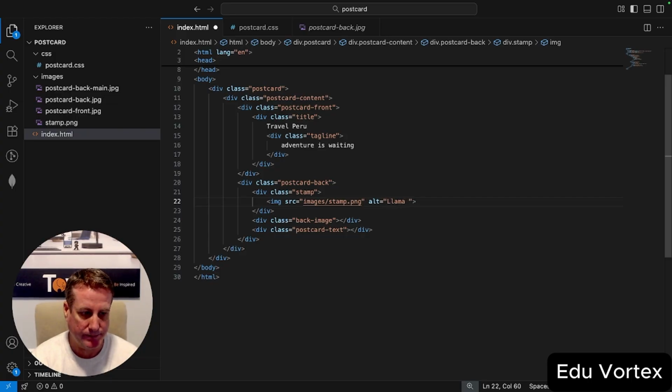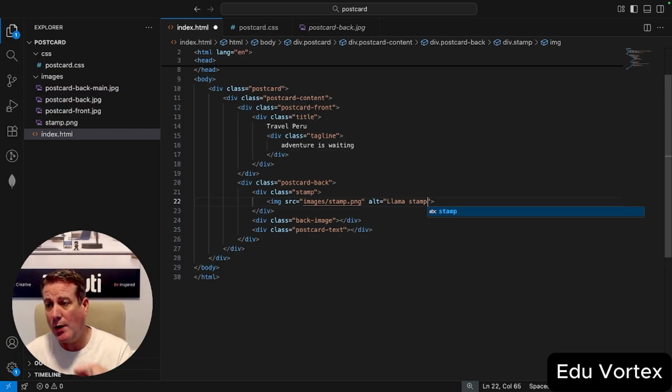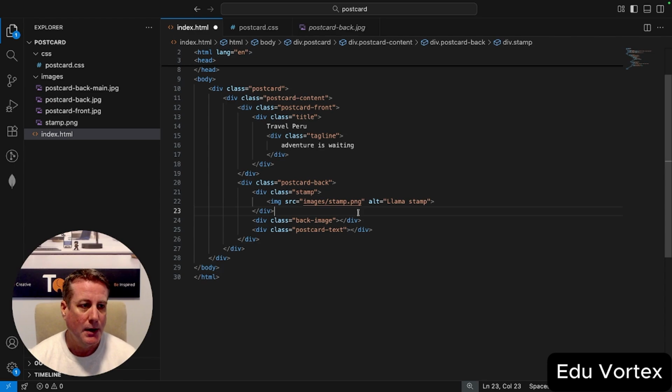and I can put in here llama stamp, or whatever I want to put in there that would help describe what that image is. So if you can't see the image, this will help describe what it is. Okay, so that